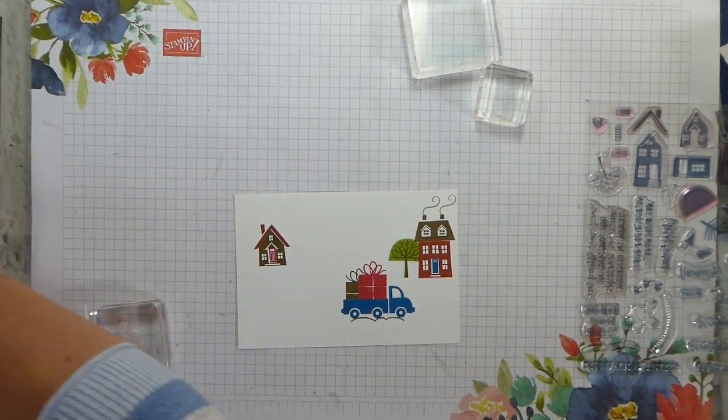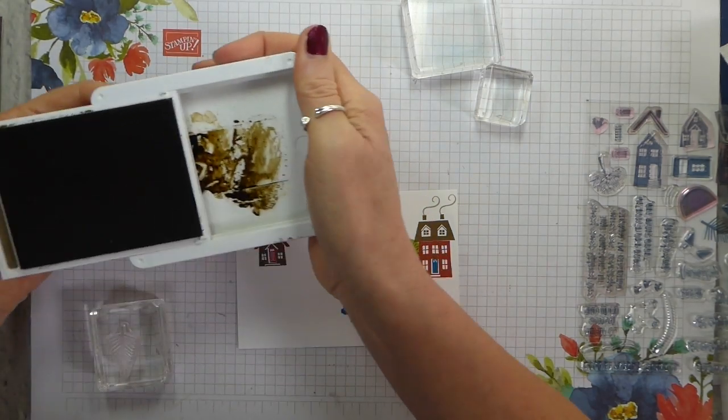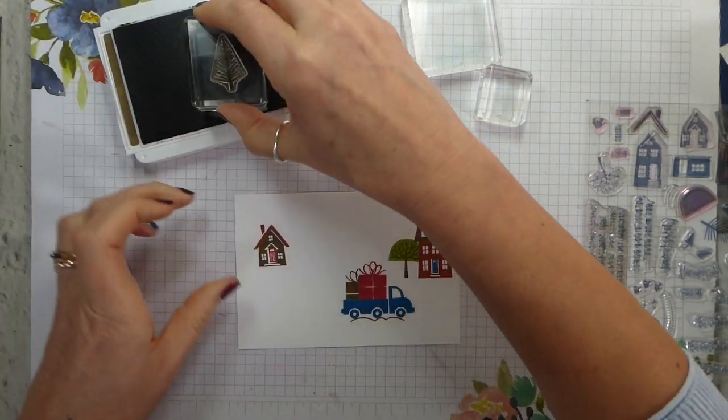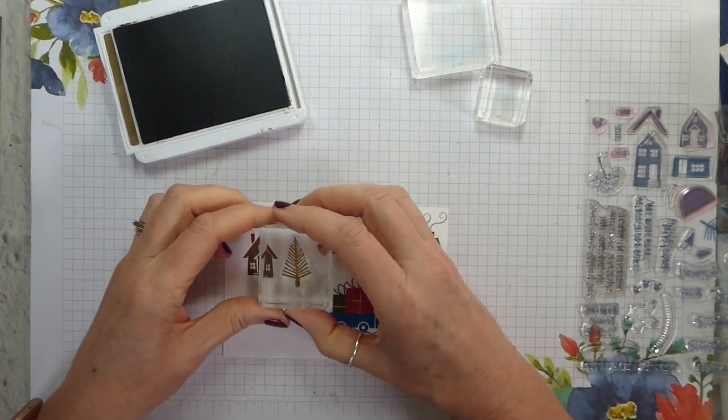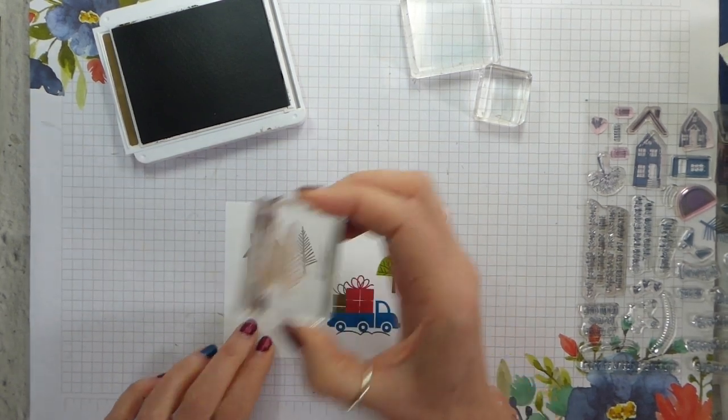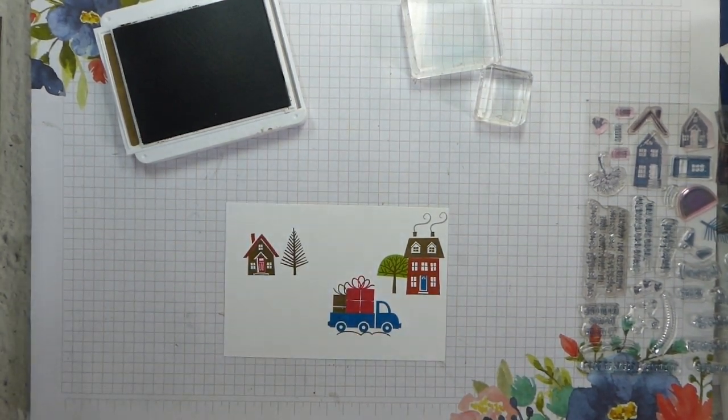So, soft suede again, and I'm using the pine tree, which is, I'm guessing, meant to be a Christmas tree, but I'm going to have it as a pine tree, and again I'm just going to have it next to the house. And then